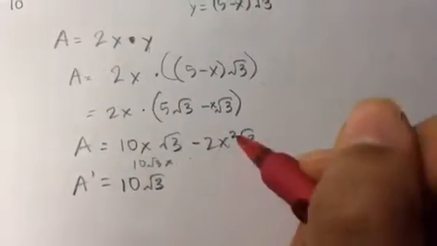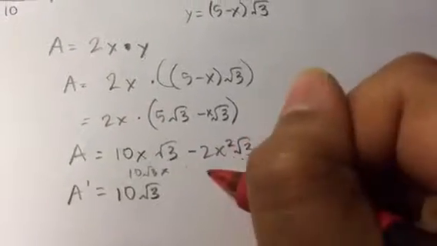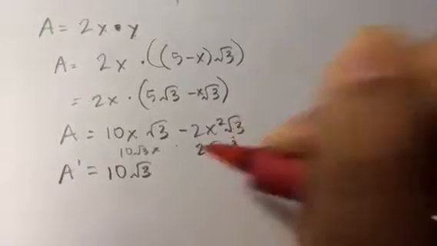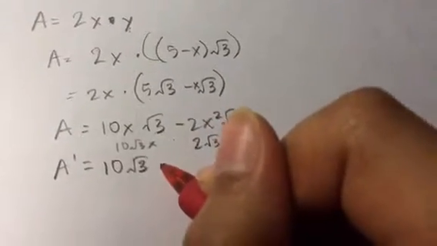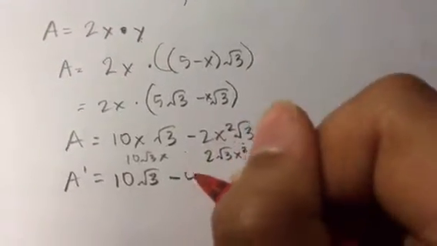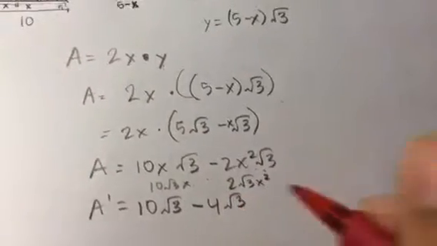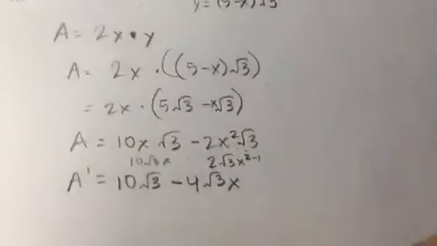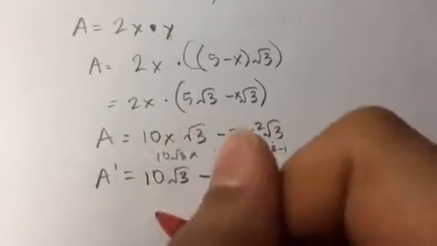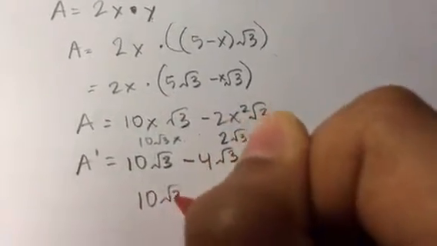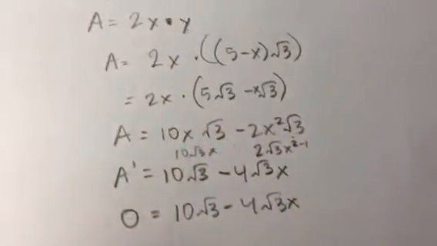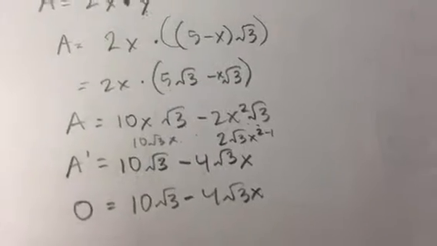And then the derivative of this, you could do 2 rad 3 x squared. This 2 goes down to the front, so it's subtracted by 4 rad 3, and then subtract the exponent by 1, so it's just x. And then set this equation, 10 rad 3 minus 4 rad 3x, equal to 0, because you're solving